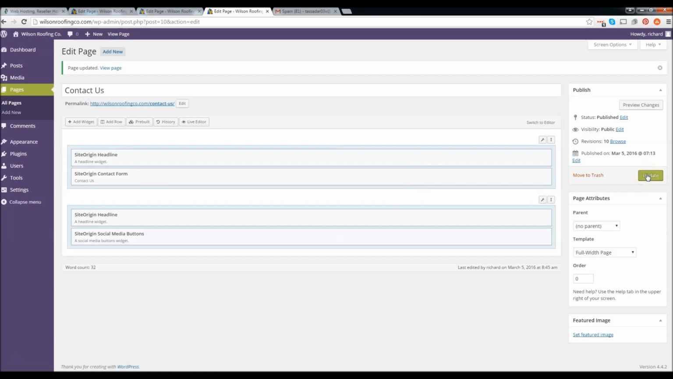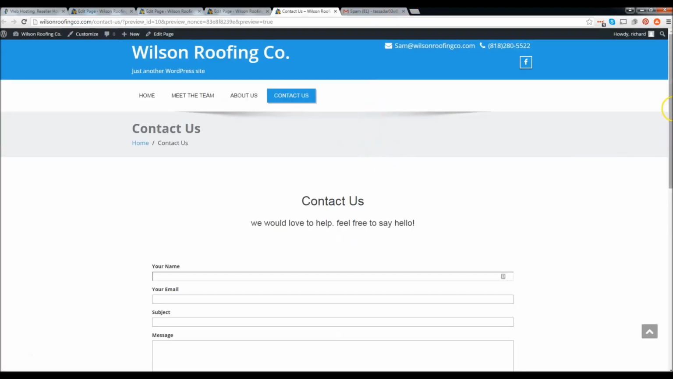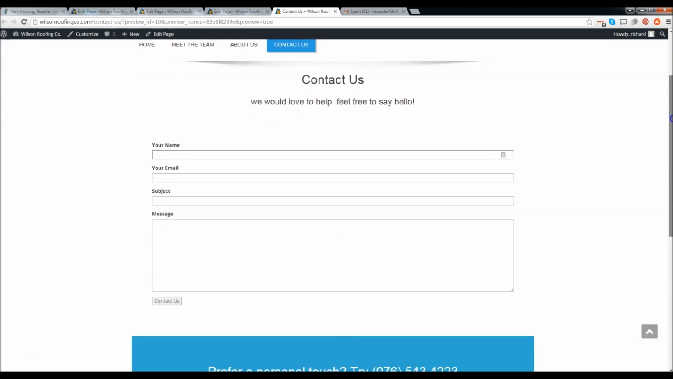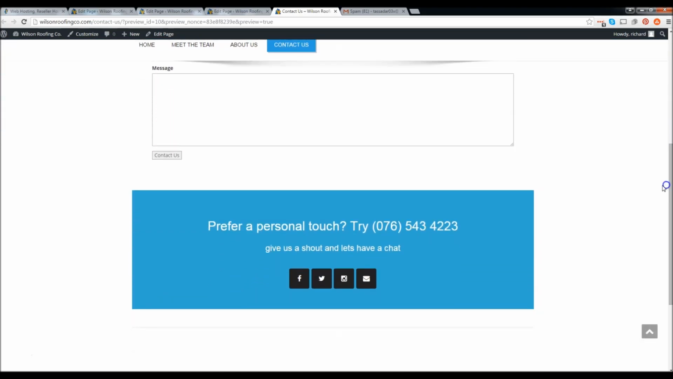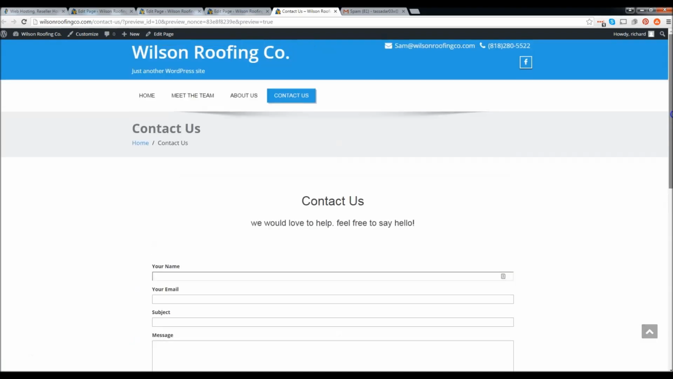Now I'm going to click on update. Let's go and preview changes. Now we have our Contact Us form page. Looks very good. We can change this right here, our information. I don't have any of these other social icons, so I'm going to have to get rid of them. So let's go and edit this page. So next, let's click on Edit Page,